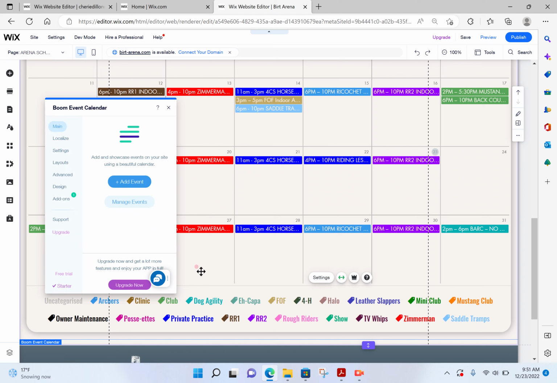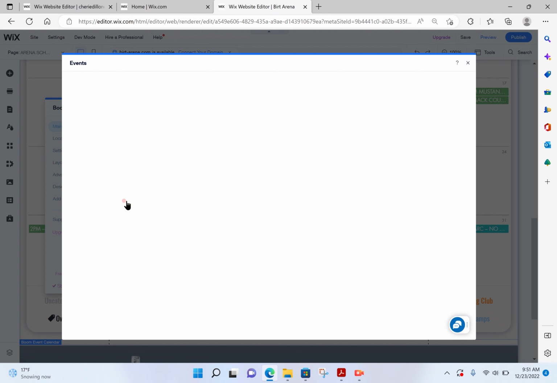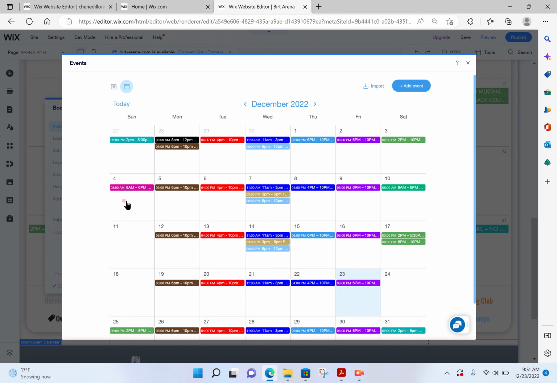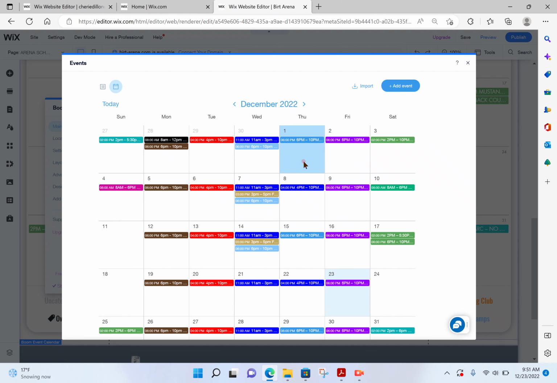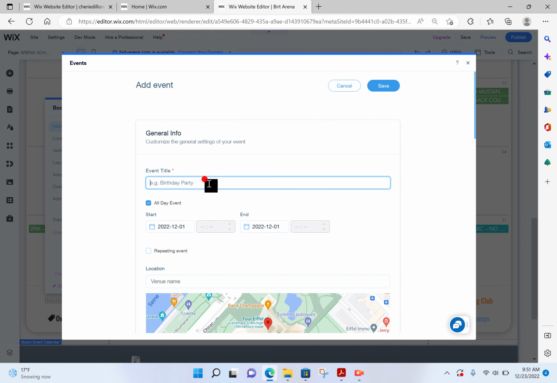And this is where we're going to manage events. That is where we're going to go in there. And here's where you do the adding of events or deleting or anything like that. So let's just say we wanted to add an event on Thursday, December 1st, test event. Type that in. This is not an all-day event, so we unclick there. We're going to say that it's 8 o'clock in the morning